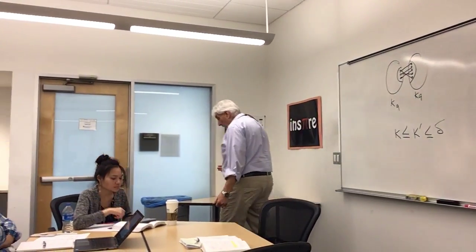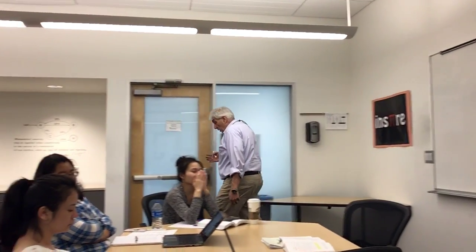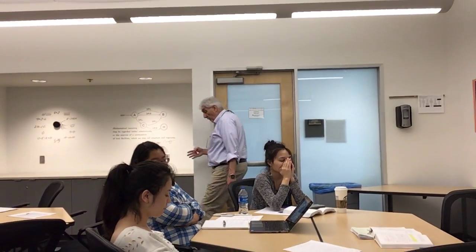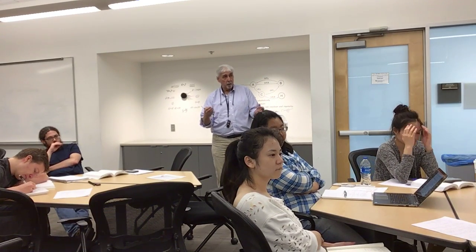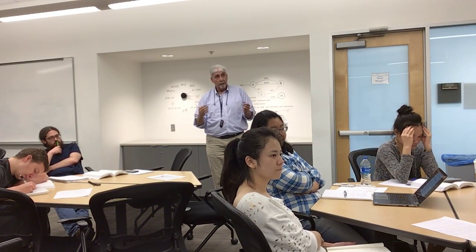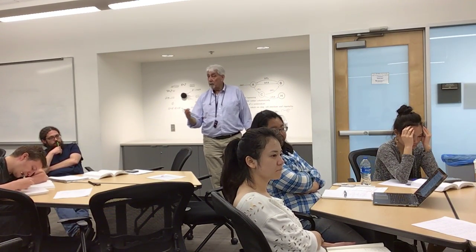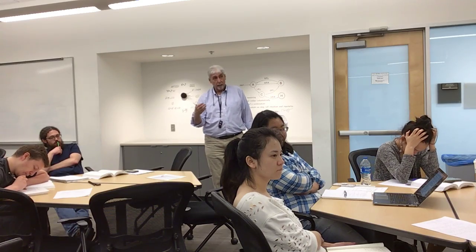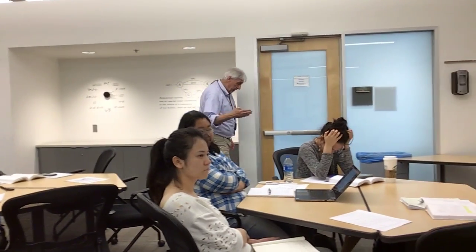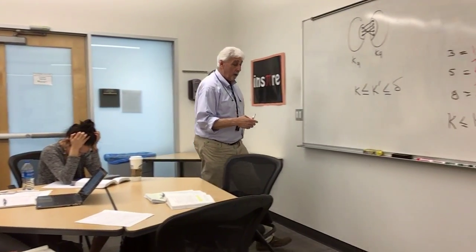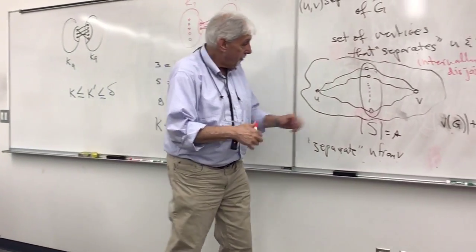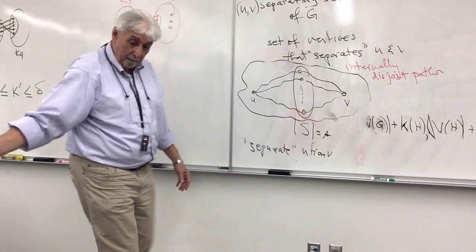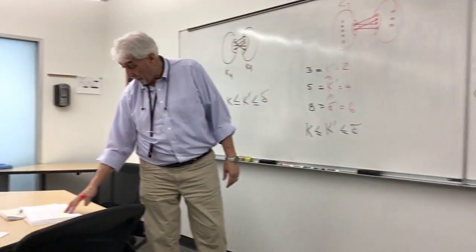So the smallest number of internally disjoint paths, the largest number of internally disjoint paths between U and V relates to the connectivity, relates to how many vertices I need to disconnect this graph. And that's essentially Menger's theorem, which I did mention, which is at the bottom of page